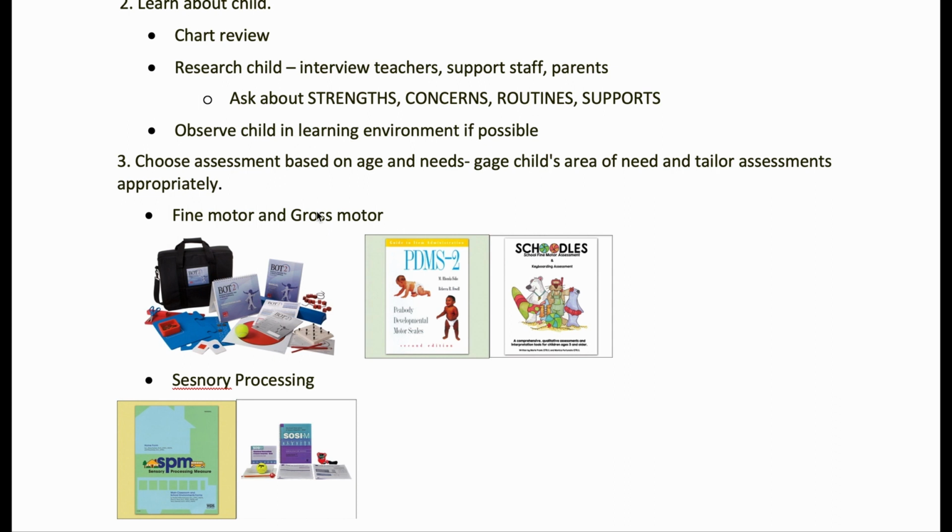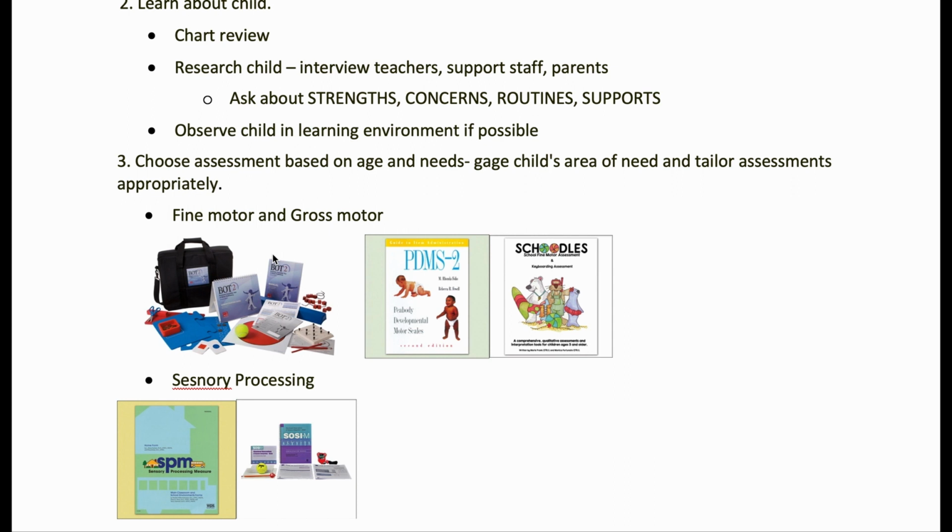For example, if the parents say their concerns are with their ability to do writing or to do scissor skills, things that involve fine motor functioning, then you may definitely want to include a fine motor assessment. Now, keep in mind, some schools may have specific protocol and needed assessments, so always follow